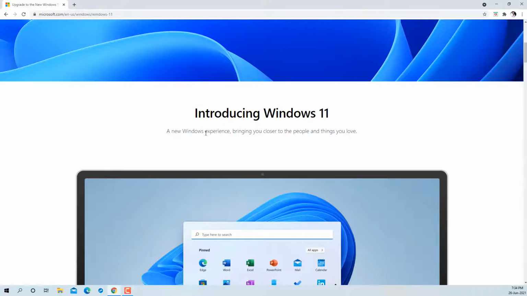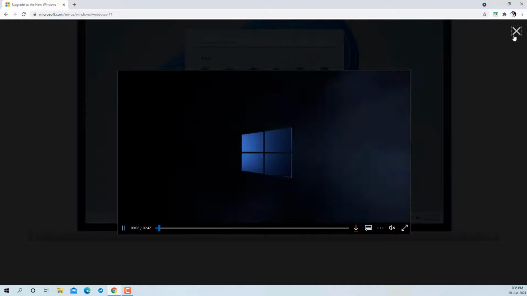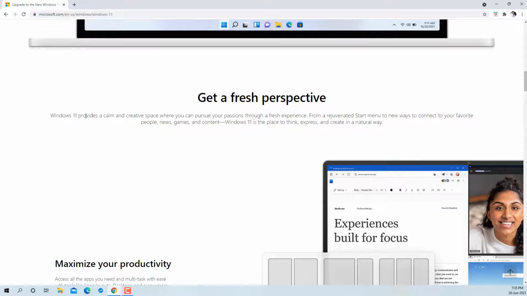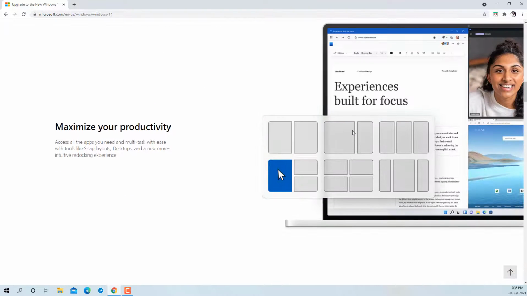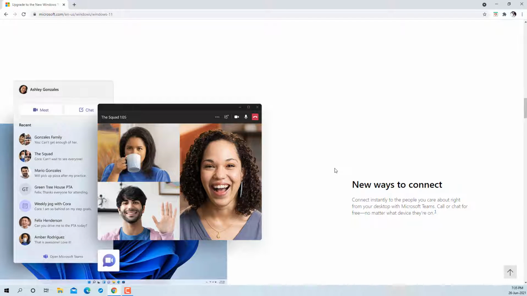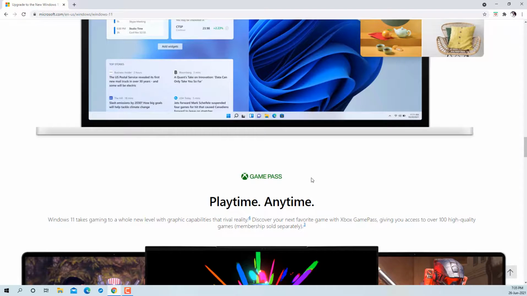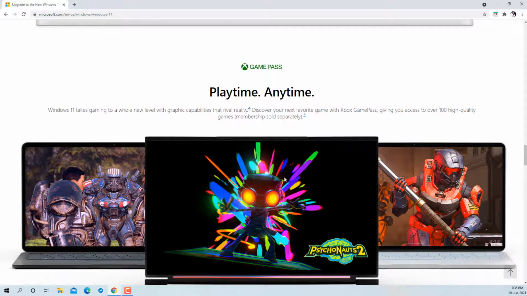You will see the Windows 11 website, and click that video. You will see how the Windows 11 features look and how Windows 11 will work. Windows 11 provides a new experience and a fresh look to the user. It will provide better performance, and you will see the start menu is placed in the middle. Most of the features were changed after 6 years, with Microsoft launching a new version.